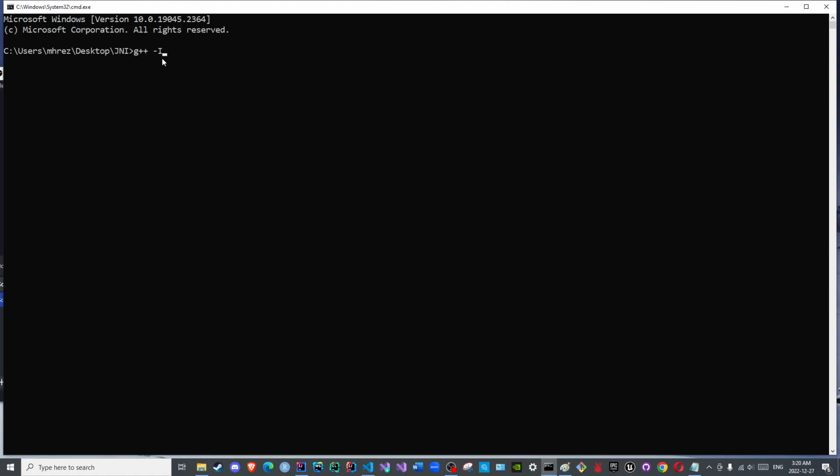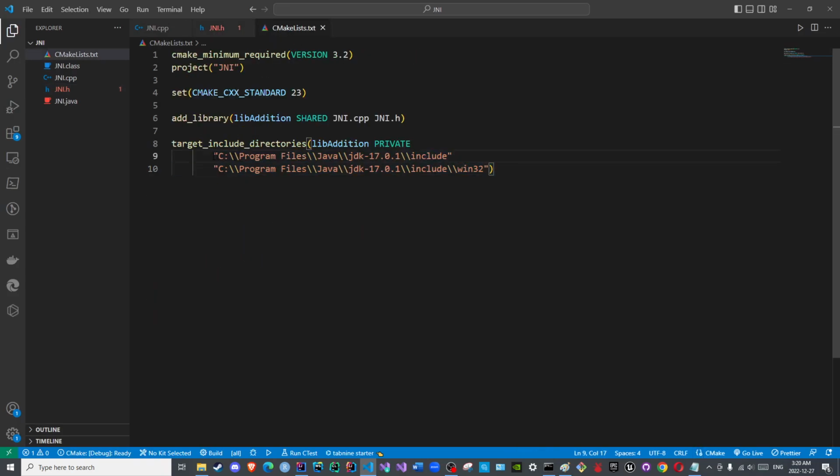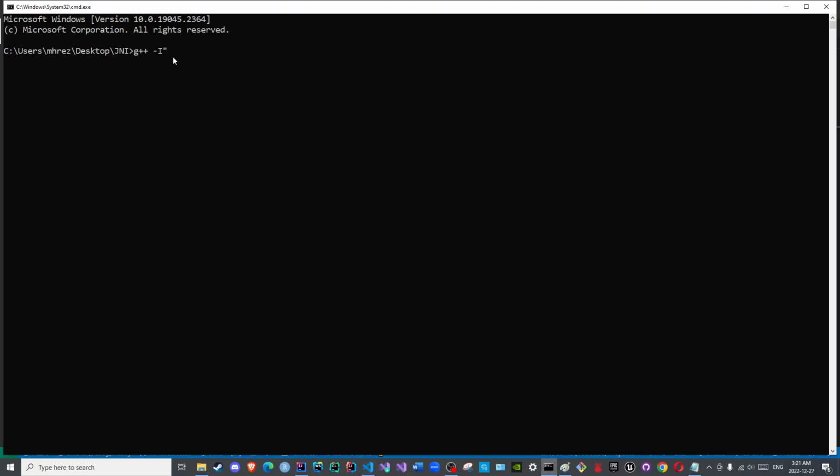Then -I. I will copy this, but remember to remove the second slash, because these are used as escape characters, the ones that we showed before. Oh wait, I did copy it with the double quote, so I do not need to add it. So we remove this, this, this, and this. Then